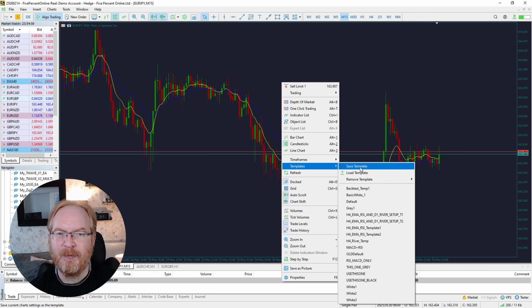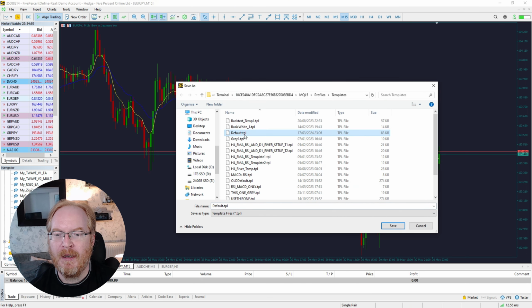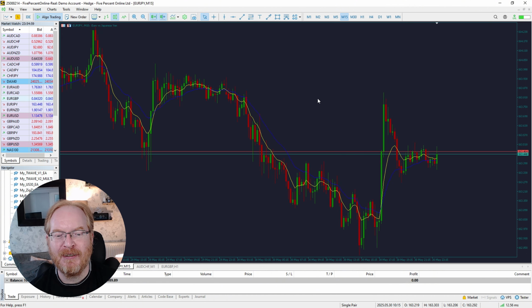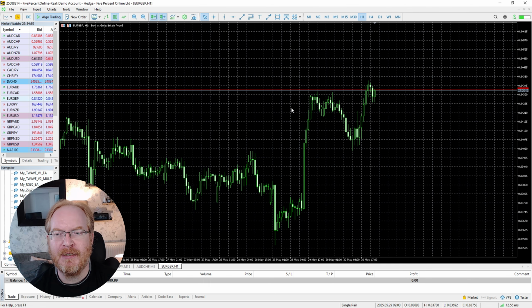What you want to do, if you want it always to be the same, is you save template and overwrite the one which is called default. Overwriting the one called default will mean that each time you open a new chart, it will use the default. Obviously, there you go. So say if you're having to open a new chart in those shocking colors there,